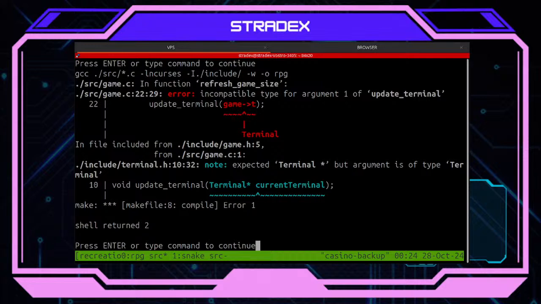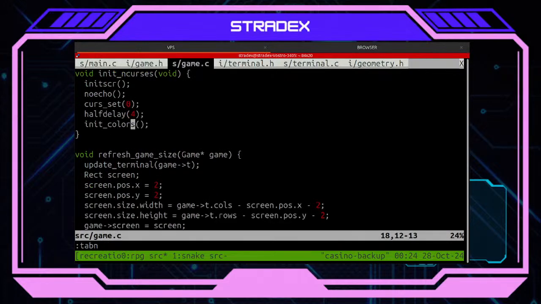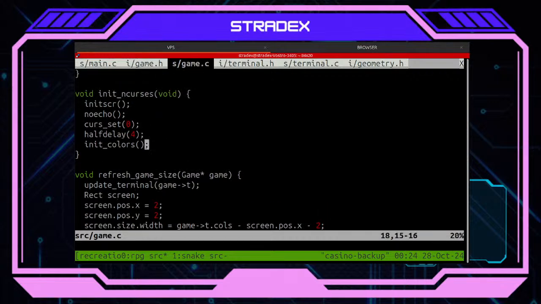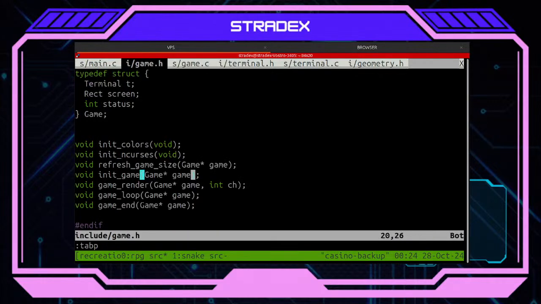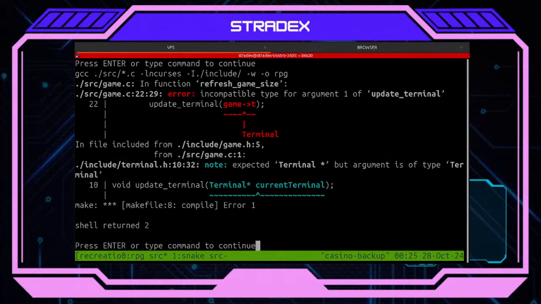Incompatible type of argument 1. Refresh game size. So what's the issue here then? Why does it stay incompatible? This terminal.